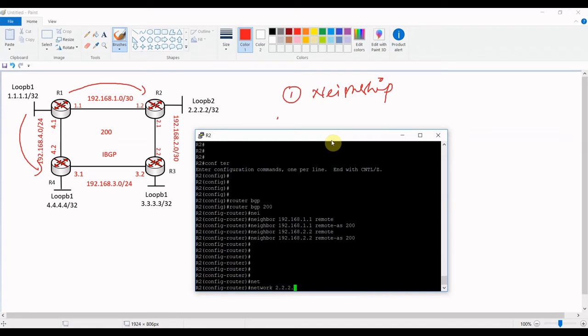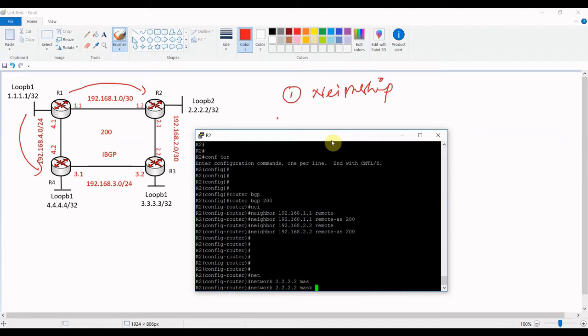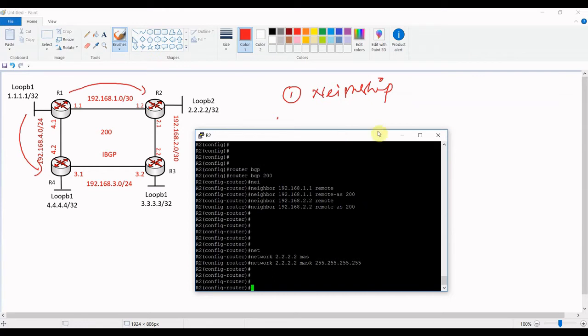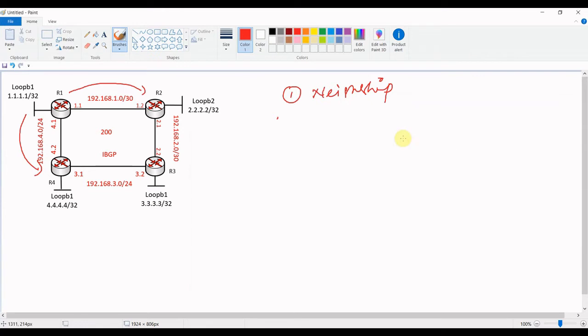So we have the network here, the same way, and we'll specify the mask 255.255.255.255. Okay, so what we did here at R2 is specify the neighbors between R2 and R3 and between R2 and R1.